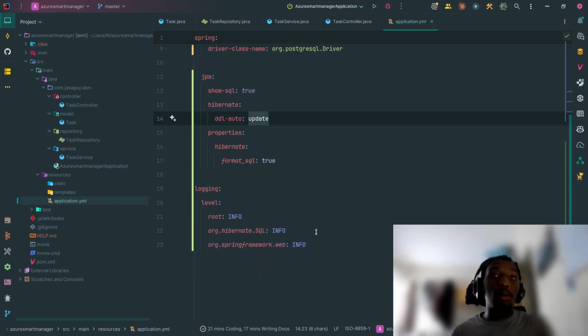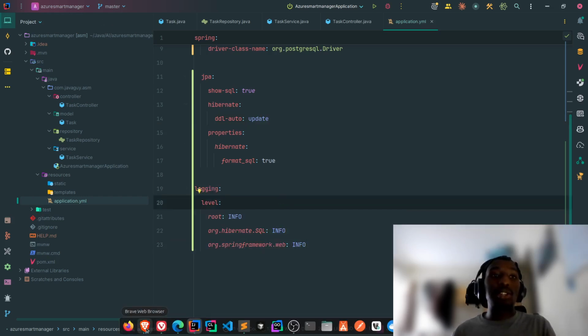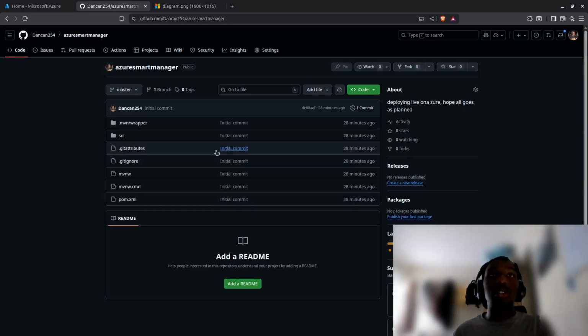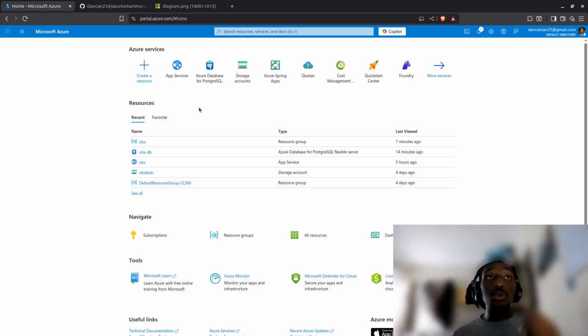Yeah, and I'm also doing some bits of logging in my application. The application is already on GitHub, so it's already here. Azure Smart Manager, and now let's get to what brought us here. How do I deploy? So I already have some databases set, but to